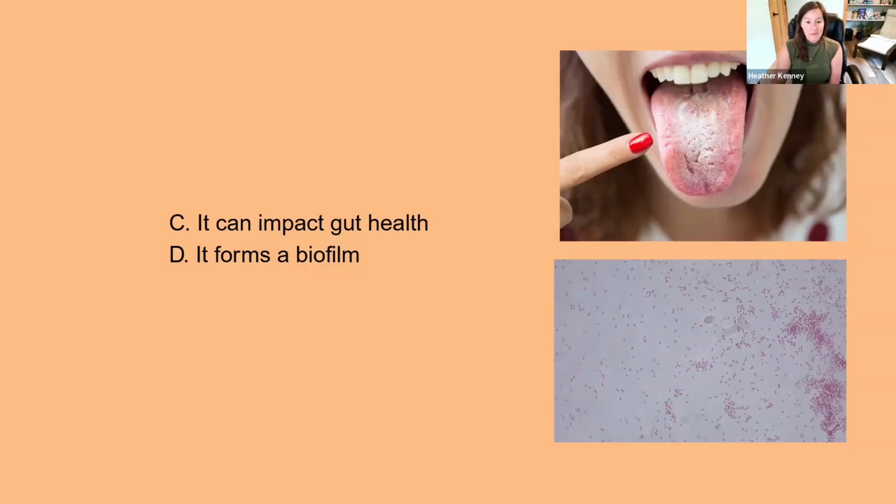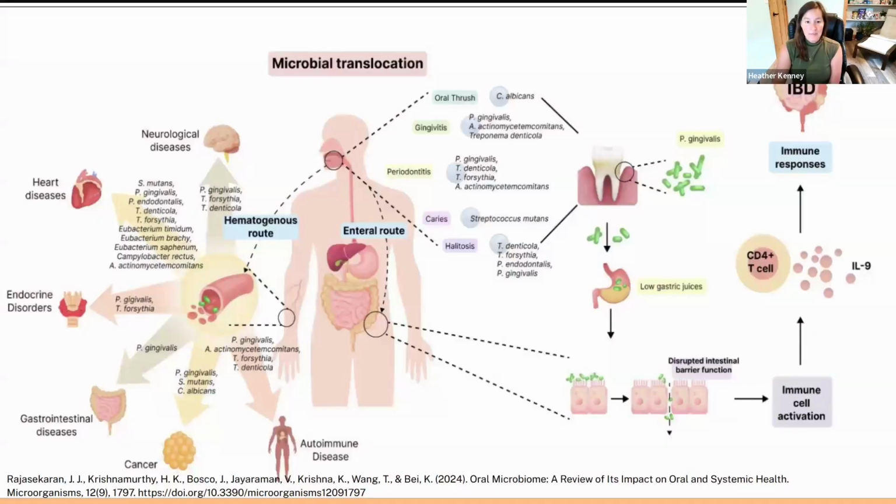And when we have an impact of gut health, we swallow that bacteria and it ends up in translocation. So we can have translocation of bacteria from the oral environment that makes their way down into the gut. And in that process, it can cause gut barrier dysfunction and leaky gut issues, which drives up immune cell activation and leads to IBD or irritable bowel syndrome. And then in return, that irritable bowel syndrome will cause inflammation, extra cytokines, and then drive disease processes for our